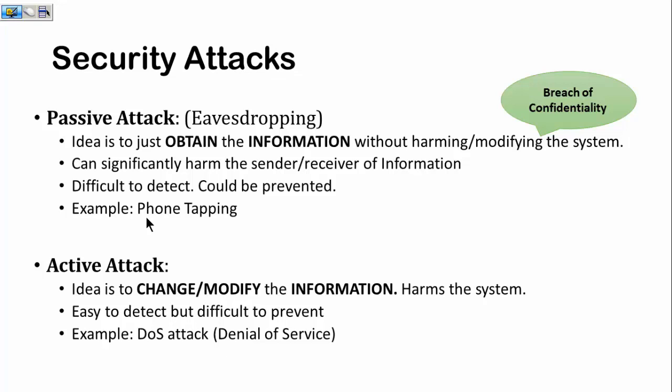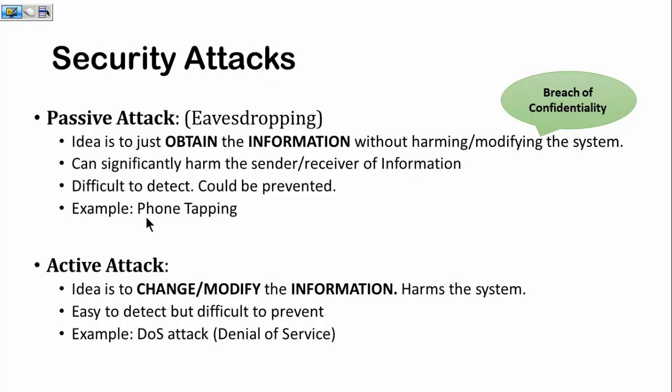It is identifiable because at the end of the day we will be like, okay, I was waiting and you did not come, and you are like, okay, we were meeting in the evening and you did not come. So immediately we'll realize that in the transmission line there is some kind of problem that has caused that change, right? So it's easy to detect, but as I said earlier, it's very difficult to prevent because the attacks have got no bounds. There will be attacks however secure the system is, right?